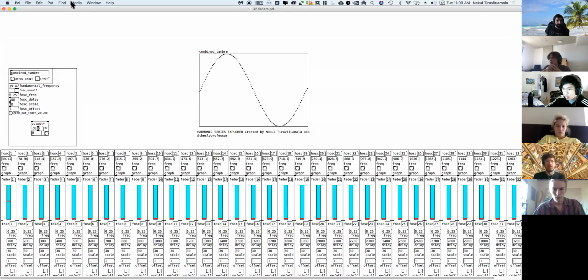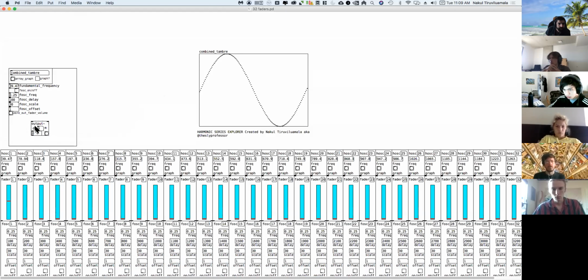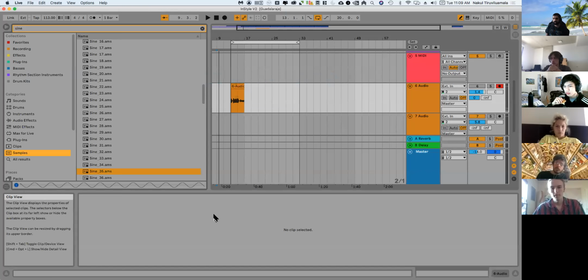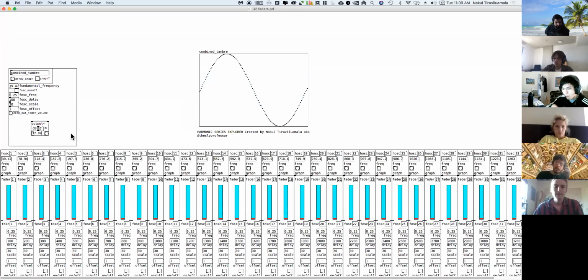Let me turn on my audio in Pure Data. This is a sine wave, or this. Can you hear that? Okay. It's a very pure tone, right? So you can imagine, let me turn this off. You can imagine